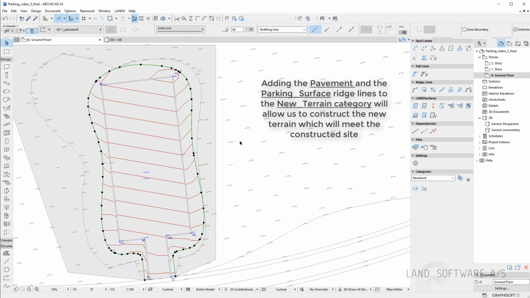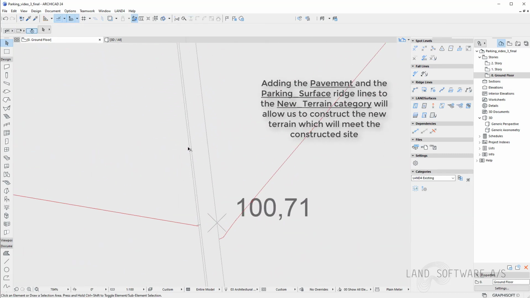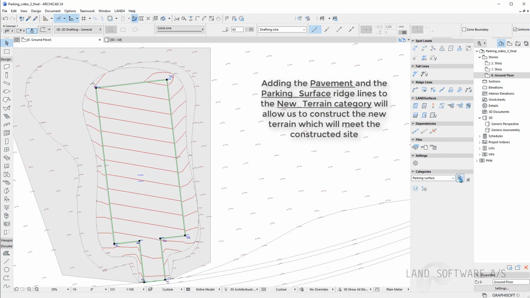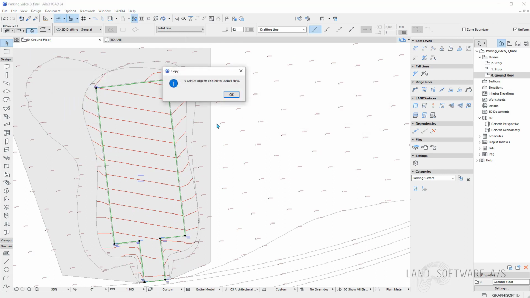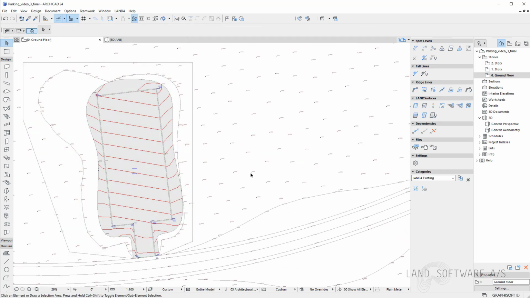So I want the ridge line from the pavement. I want to copy it into land for new. And I also want the ridge line from the parking surface. And that is because these new features will be part of my new terrain, basically.